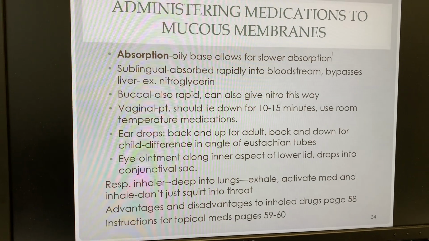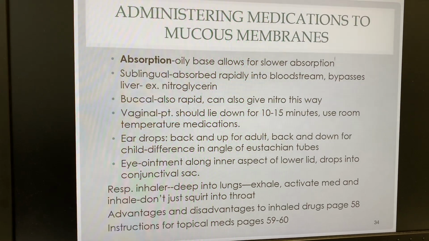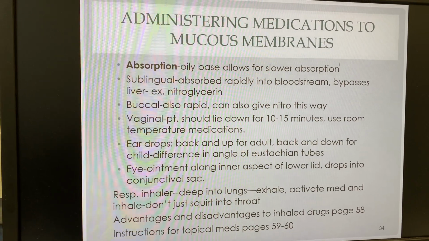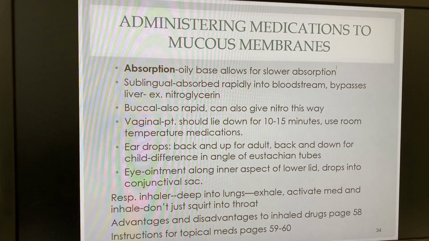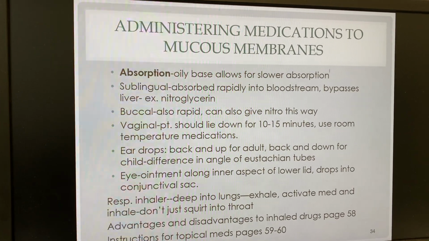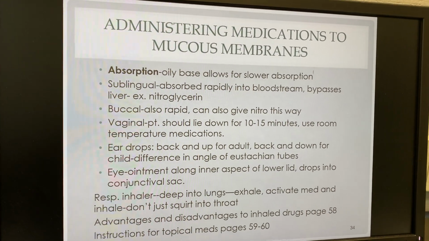For a respiratory inhaler, make sure that the patient knows to inhale deep into the lungs. They can exhale, activate the medication, and inhale. Don't just squirt it in the back of their throat. It's not going to get there. They have to exhale first and then inhale as they are